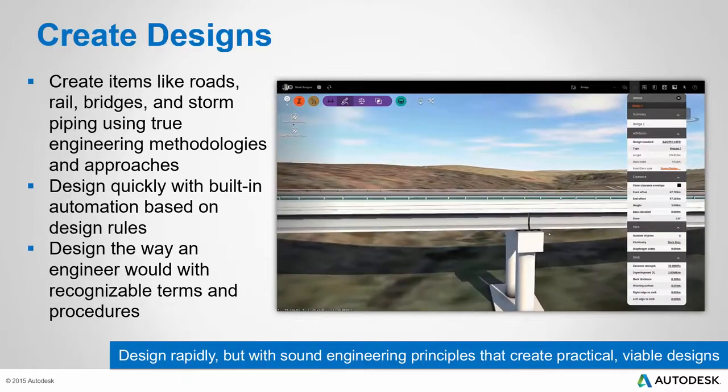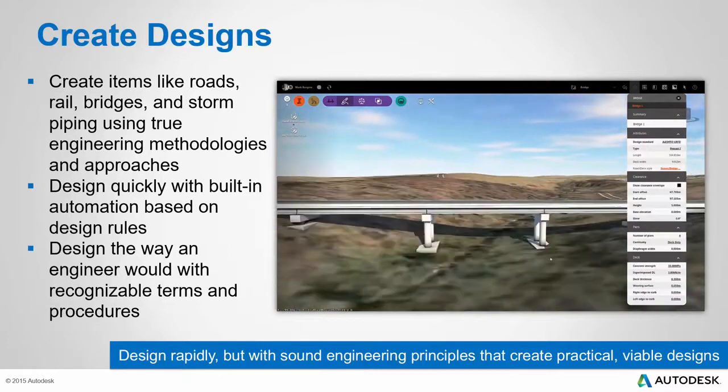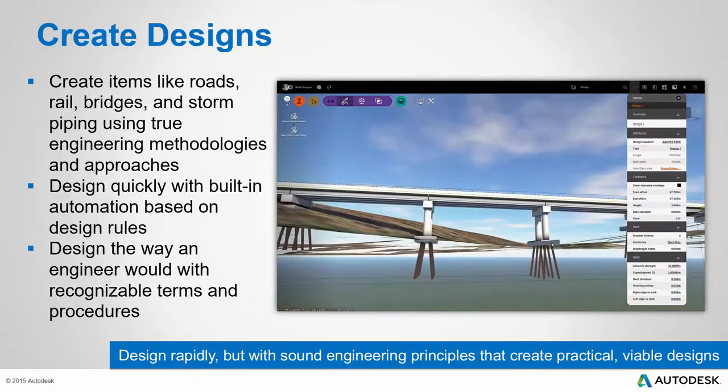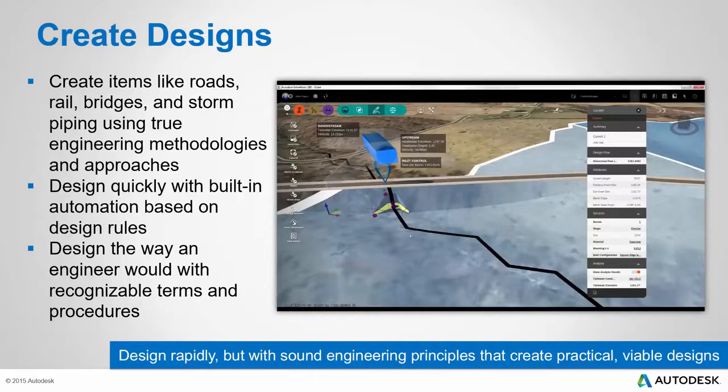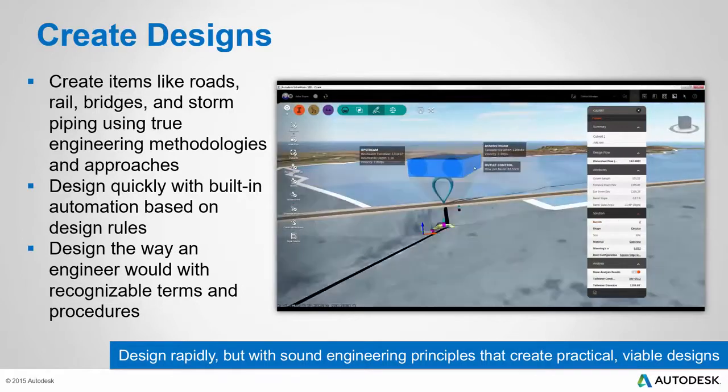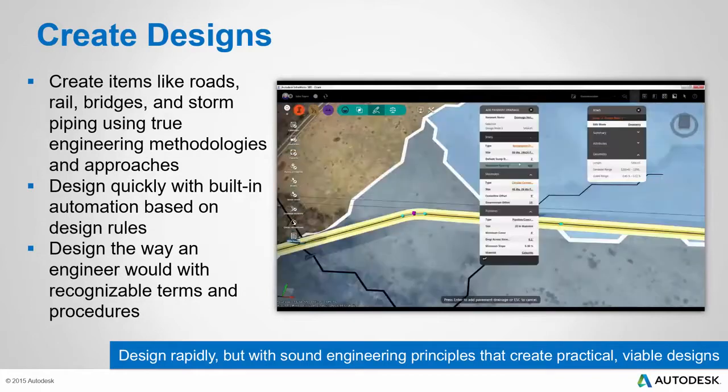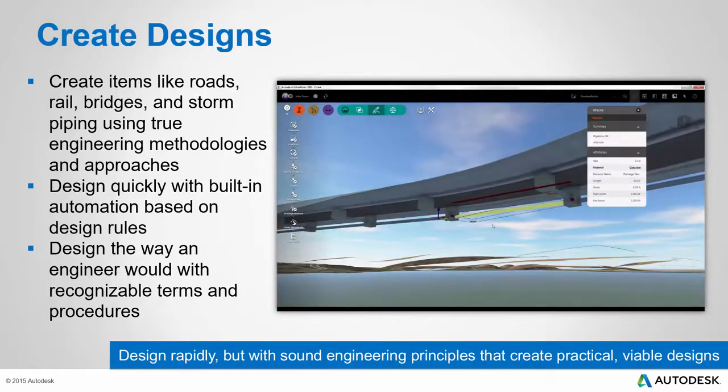We can quickly dip underground and observe and actually change the substructure design of that bridge. We can change a culvert design, changing the number of barrels or other components of how the culvert functions. And then of course we can also design underground storm networks using the same ideas with engineering-based design methodologies and